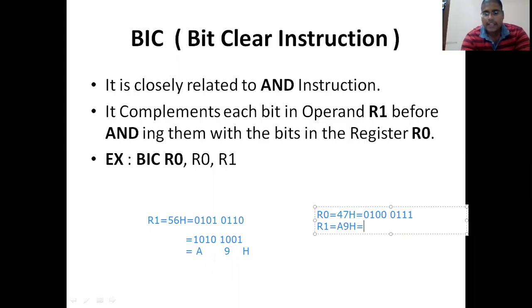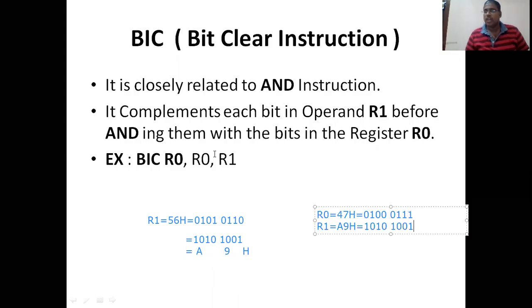A9H, so A means 10. It is already present here. You just copy that: 1010 and 1001. So now these two are the values that are present. Initially I had taken R1 as 56H. Whenever I apply this BIC operation, obviously it will perform the one's complement of this R1, and whenever you perform a one's complement, you will get A9 as the answer. So now the updated value in R1 is going to be ANDed